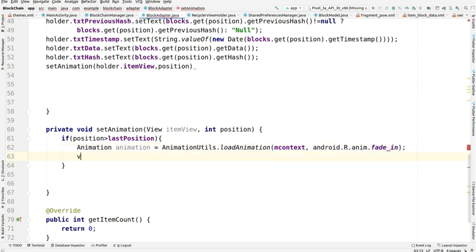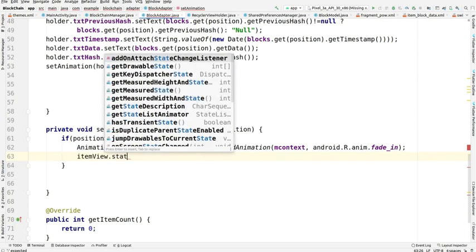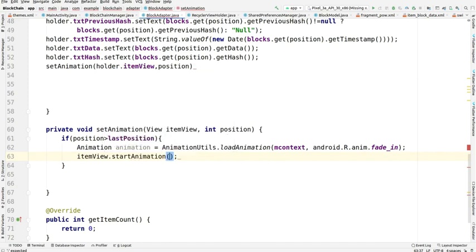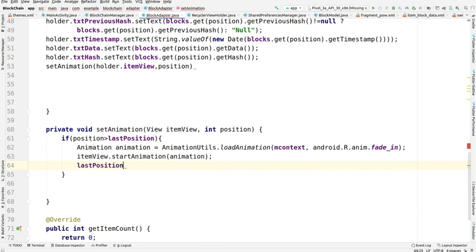So we want the fade in effect right now, and then we are just view to animation, and it is not view to, let me see, it is item view. Okay, item view dot start animation, and we'll pass the animation within it, and doing the last position equals to the position that we have got in the parameter.